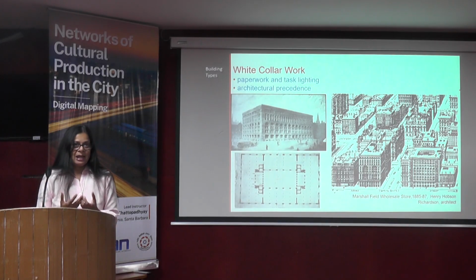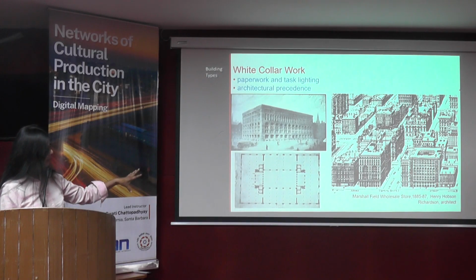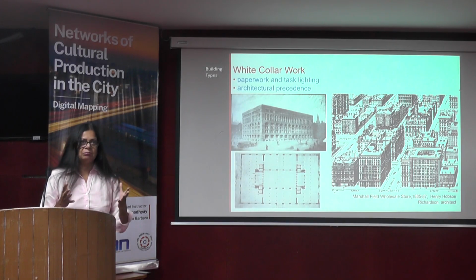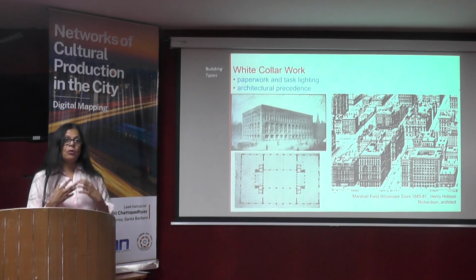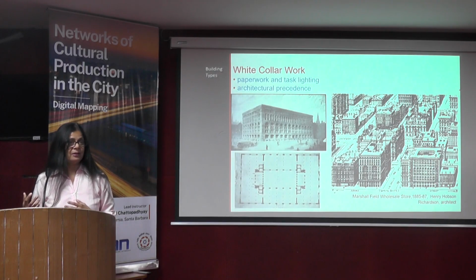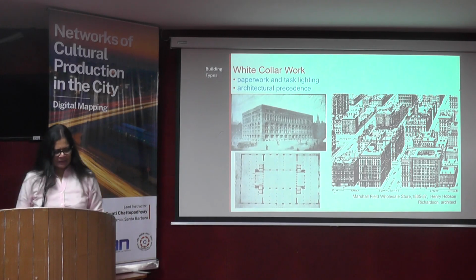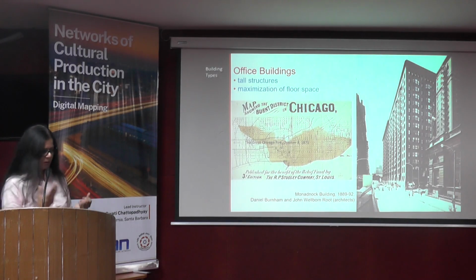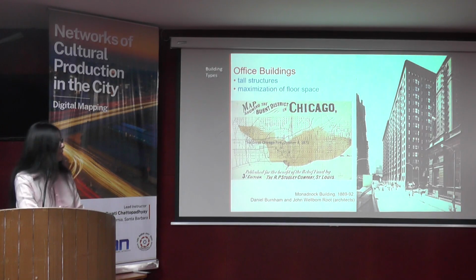Okay, so they're task lighting, natural lighting is premium. But what is interesting is that when you look at the interior space and the exterior articulation of the design, like what does the envelope of the building look like? What would the building look like from outside? That is the design. They're borrowing the vocabulary of an Italian palazzo, because that is the closest they can think of that would sort of fit the bill, if you will. And this is fairly typical among the architecture of the 1880s buildings that are being built in Chicago downtown.